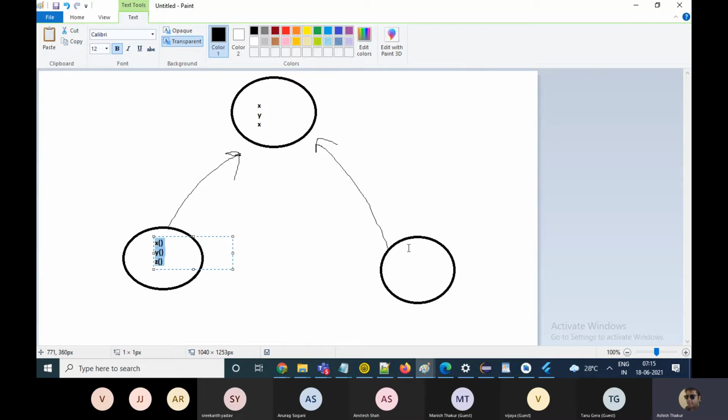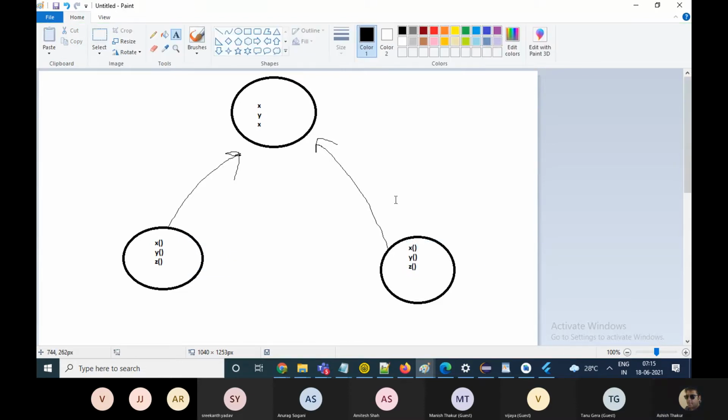But what was the use of this thing? I could have decided that I am not going to have this interface. I can directly make these two classes. Why did I move ahead and make the interface and the two classes?